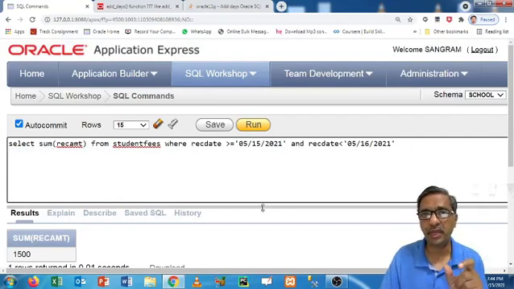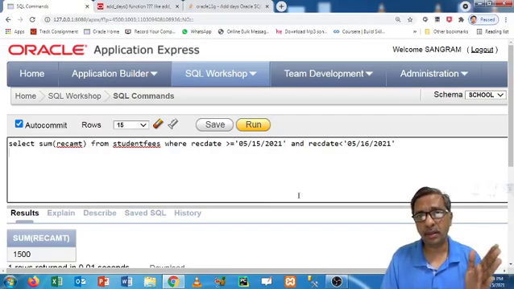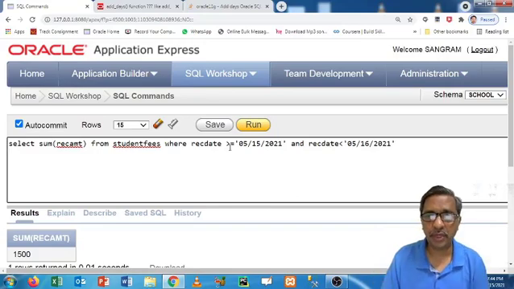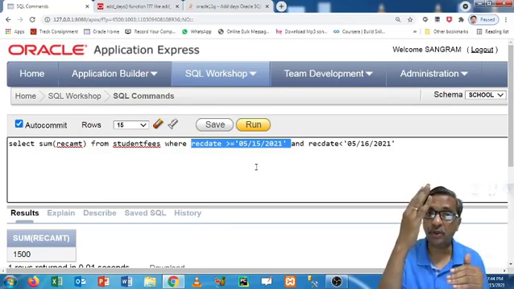So if you want to check the data of a specific date in Oracle, this problem is not there with your SQL Server. This problem is not there with your MySQL. This problem is there with Oracle, because while storing the data, Oracle stores it in the format of date, timing, and century. So here we are considering receipt date greater than or equal to 05/15/2021, meaning 15th May 2021, 0 onwards. In the morning, 0 onwards.